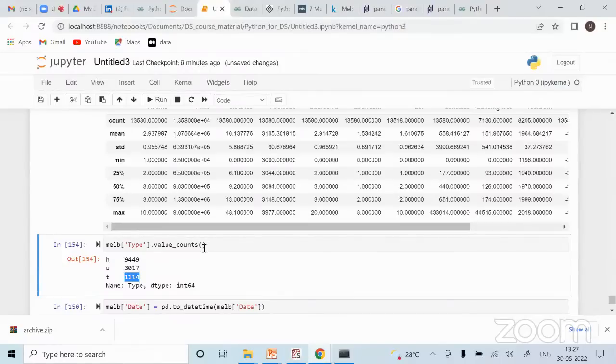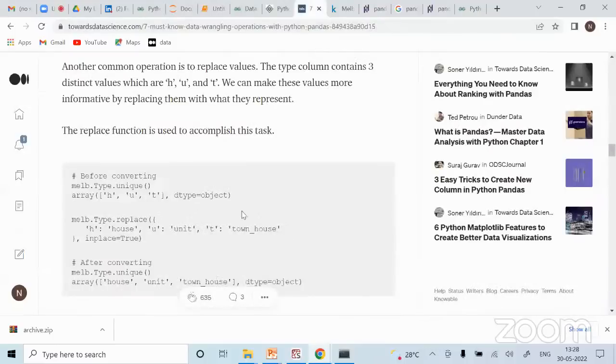Like maybe you try this with prices and see if there is any particular type of house which is more expensive than other types, right? Those kind of things you can do and try to relate with something. But if you do know it upfront, then definitely you should make use of it. For example, if you already know that H means house, U means unit, T means townhouse, right? So house could be an individual house. U means unit, so maybe it's a kind of apartment. Townhouse means a somewhat bigger kind of house, right?